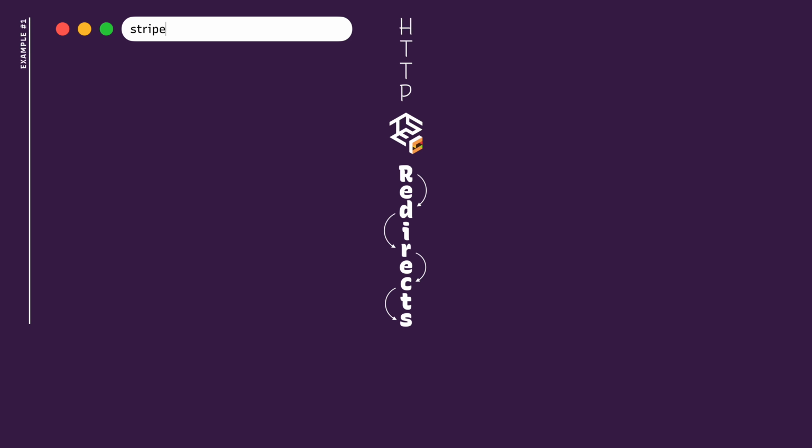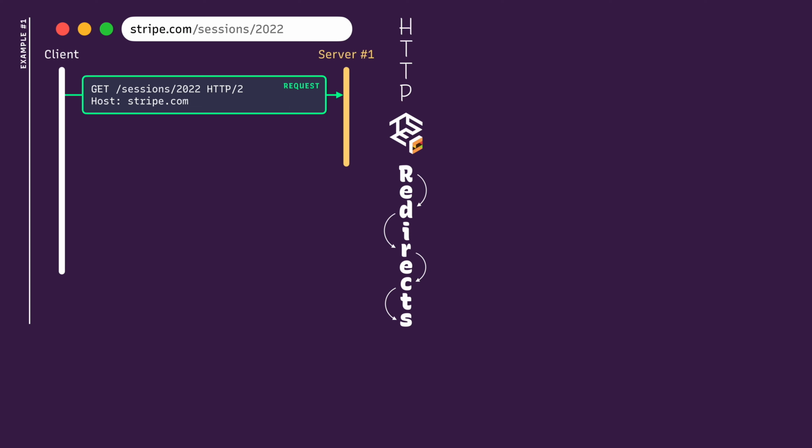Let's say you type stripe.com/sessions/2022 in your web browser and hit return. This tells your web browser, the client, to send a request to the stripe.com server to fetch or get the URL you typed. In this example, the server receives the request and responds not with the page you requested, but